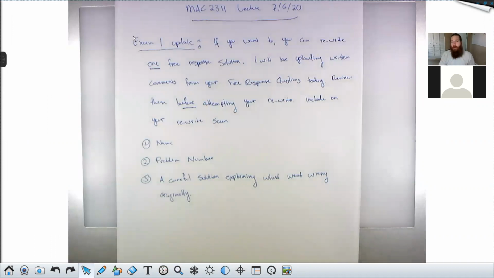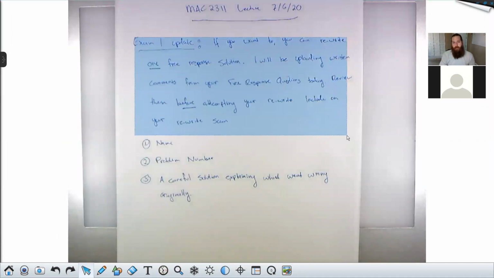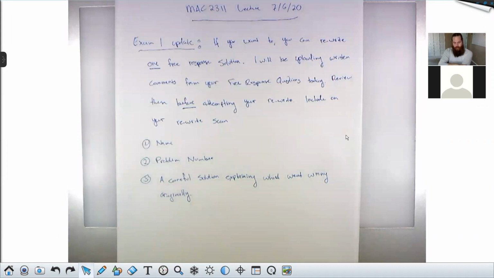All right, and everybody's clear what they need to do for the rewrites, yeah? If you're happy with your exam 1 grade, then you don't have to do this at all, right? This is just if you want to improve that grade, if you're not happy with how that turned out, especially if you ran out of time, or especially if you felt like you were unable to study as much as you wanted to, that sort of thing. I want to give you a chance to show me everything you've learned.